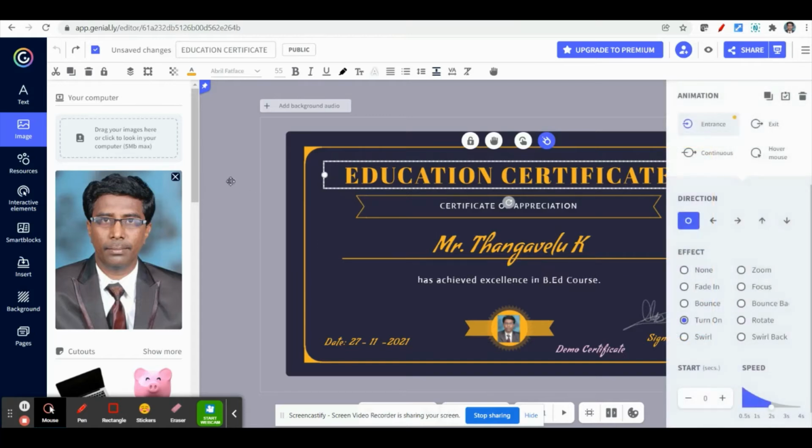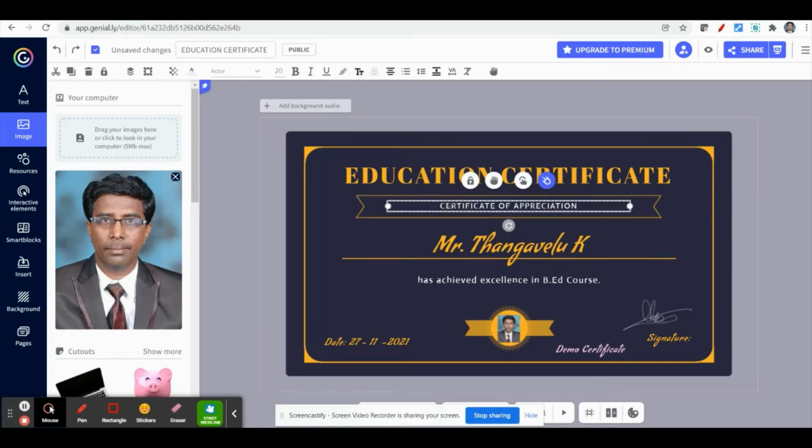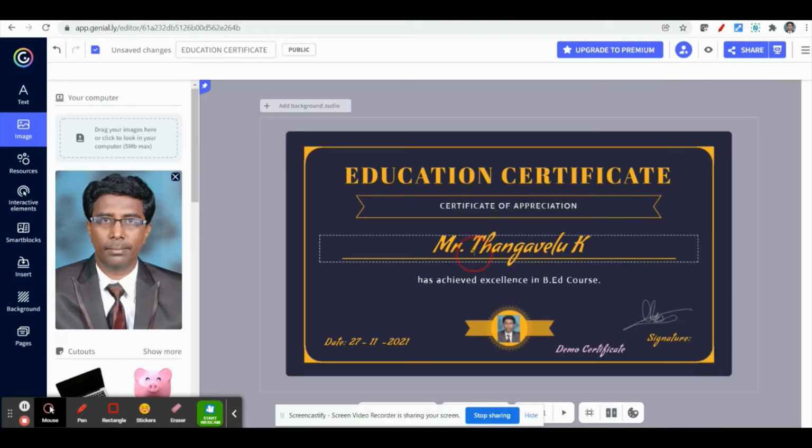Like that you can select each of the text or text box. Let me select this, and you can go to this animation option. On the right side, you can get the animation features. For example, turn on. If I click turn on and click over here, you can get the preview of this animation. See here, it's a focus, it's a bounce back. I click here, and name.